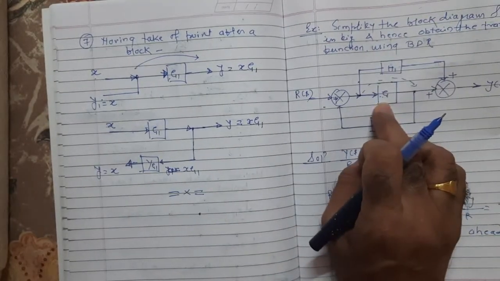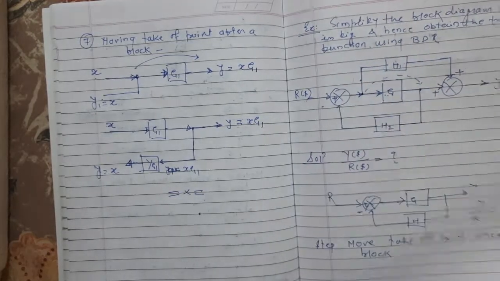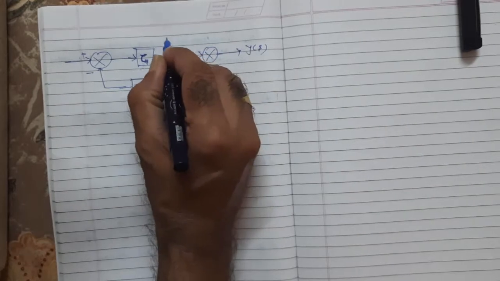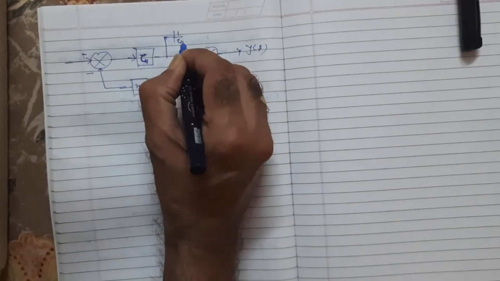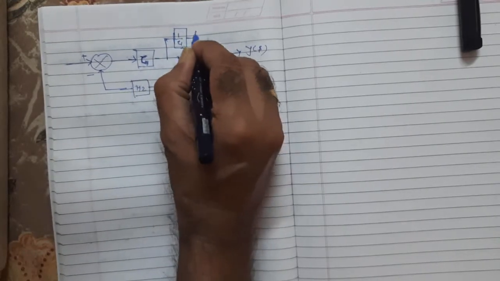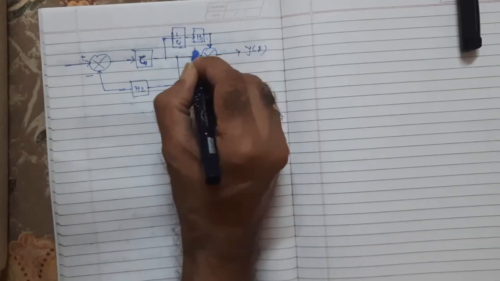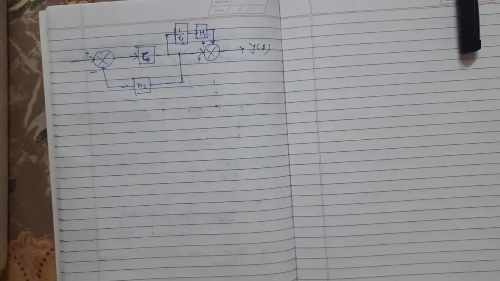What is the block gain? That is G. Okay, so we have to add 1 by G into the takeoff points. So that means here we have to add 1 by G, and then here that is H1, and this H1 is connected here, that is plus or minus, what is given? Plus. So this becomes plus. So this is our diagram.